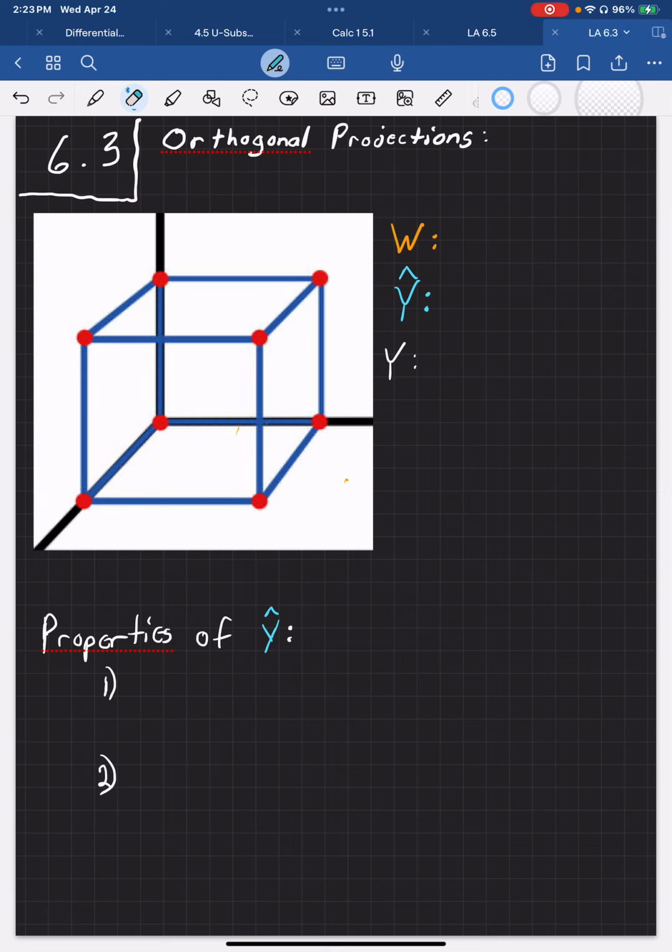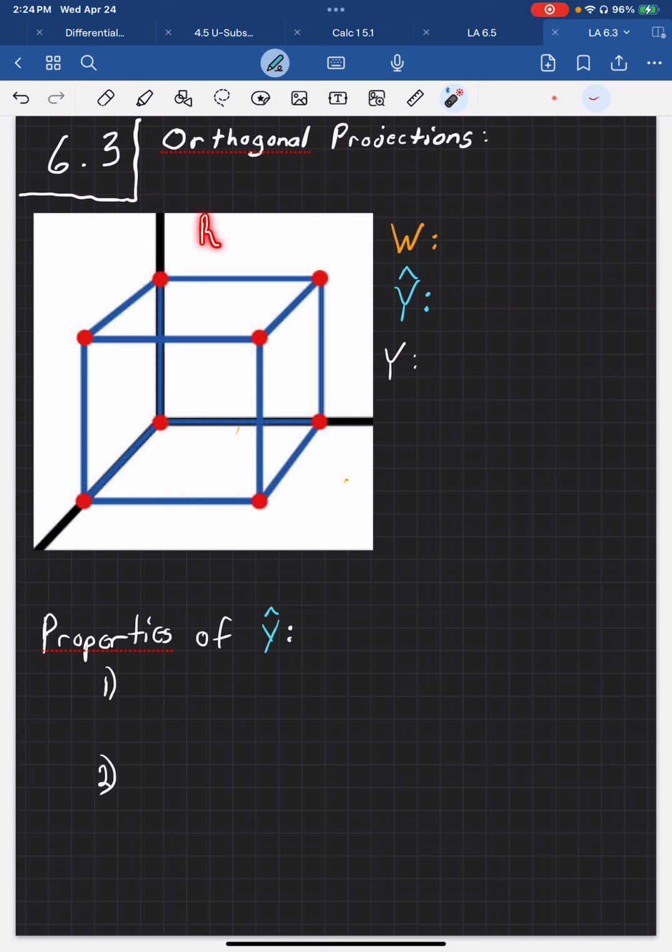In fact, you may have seen it in multiple classes, say like your engineering classes or physics classes, as well as your mathematics classes. But 6.3 is going to develop the tools that allow for orthogonal projections, no matter the dimension, the space that we find ourselves in, right? So even those higher dimensions. But let's begin. So what we're looking at is